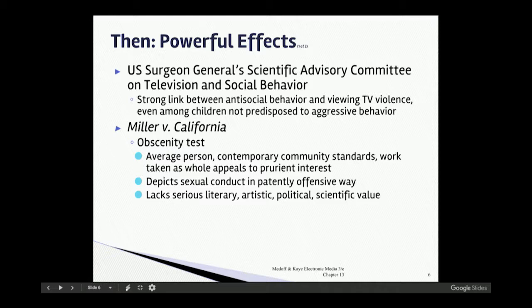Another line of research and policy making and even lawmaking on behalf of the government has been based on the idea that some kinds of content is dangerous for at least part of the audience. Kids, of course, have been a focus here because it's pretty obvious that kids are not ready for certain types of content until they reach a certain age. And a countervailing principle, in our country at least, is the idea that the government should not limit an individual's speech.